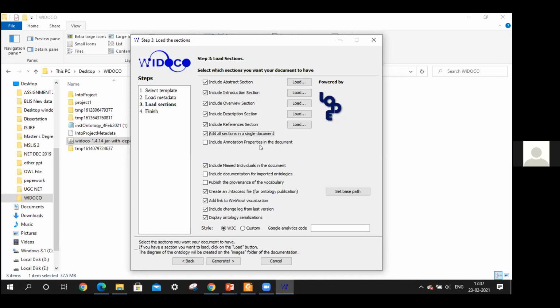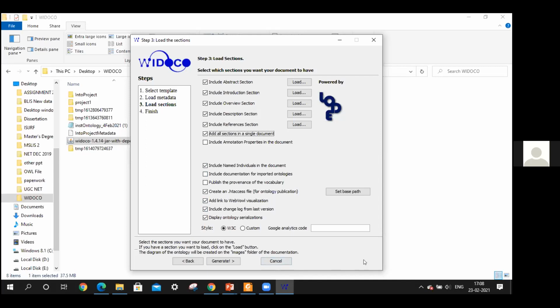Because if we want this documentation to be used for local intranet purposes, and we want to just share it offline, then it's a different thing. In that case, we should check mark this one. But if we want it to be uploaded on the server, it is better we don't tick mark that, because both cases have consequences. If you check mark it, then everything you will see and you will be happy that all the sections have appeared.